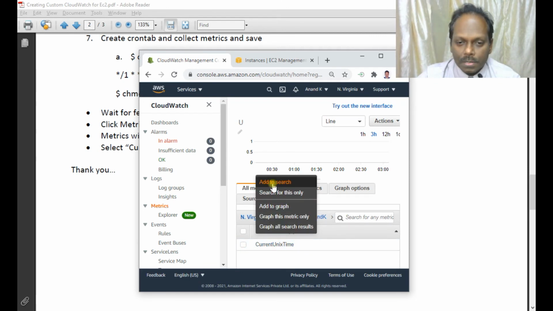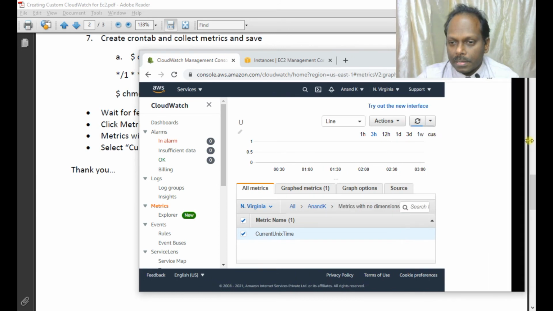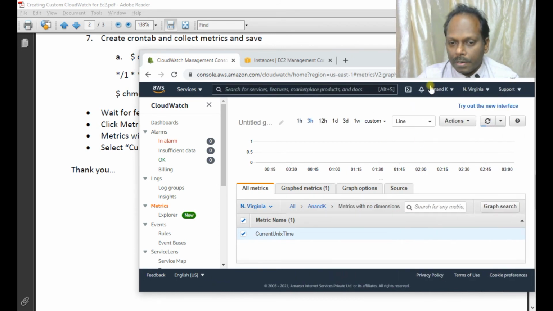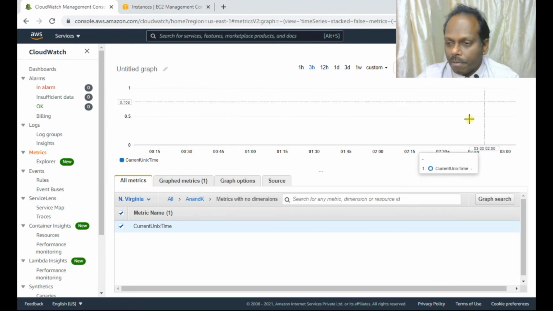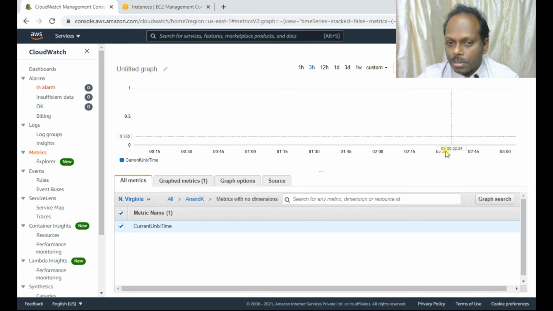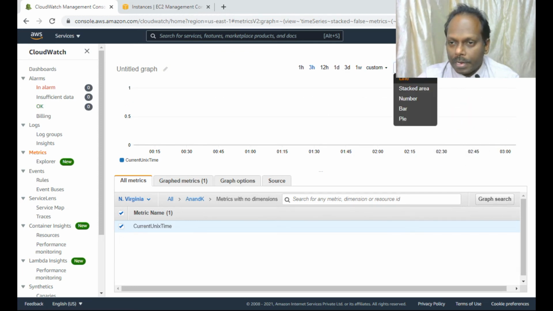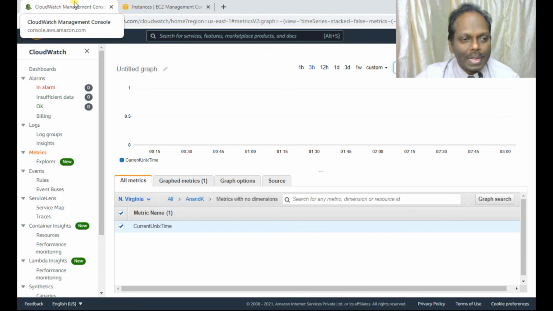Add to search. Okay. So once you do this, add to graph, it will display the graph accordingly as needed. You can see here the current Unix time. This is called as the customized. So every 1 minute it captures. So once it captures, you can see the display of various kinds of activities which are there. Okay, this is how we can capture,